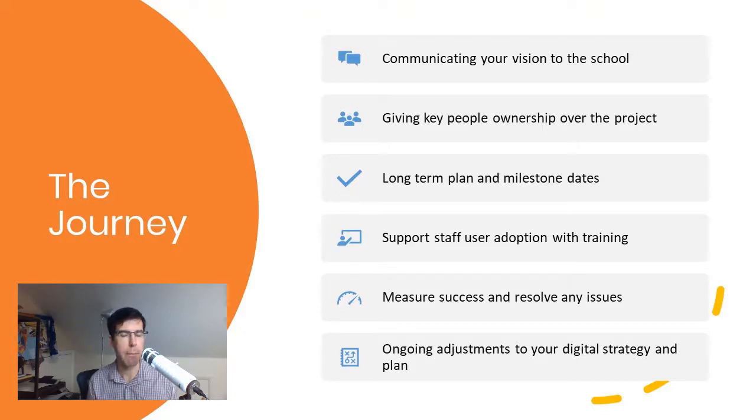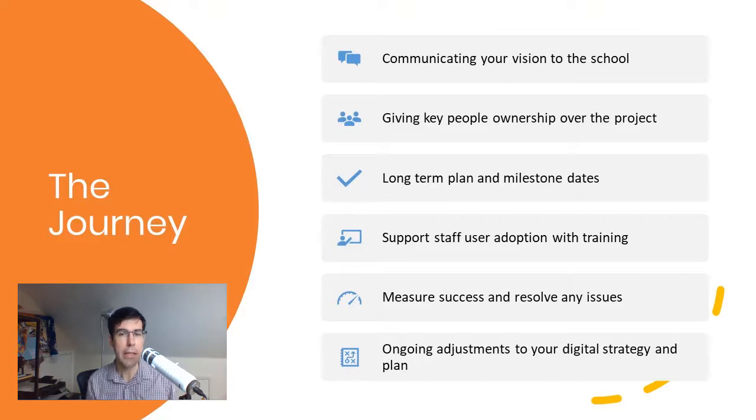Then there'll be some curriculum leads, so you get some uptake from the teachers themselves and some leaders within their departments. And that's going to help give them some ownership over the project because they feel that they're part of it. They're more likely to take part and actually contribute to it if they feel that they've had some input into the way that it's set up and into the way that it's going to work long term. So definitely make sure that you have those key people involved at the planning stage before you even get to the rollout phase.